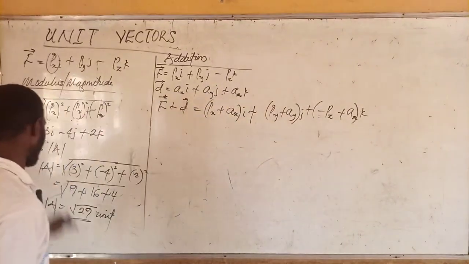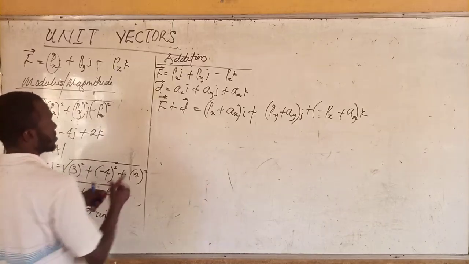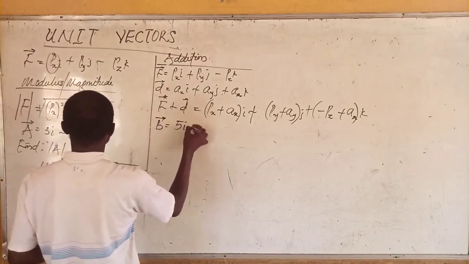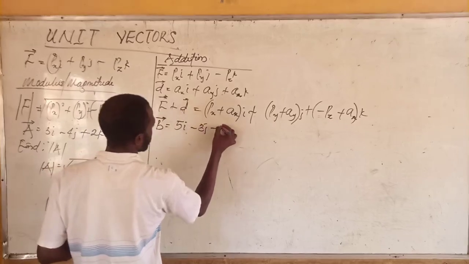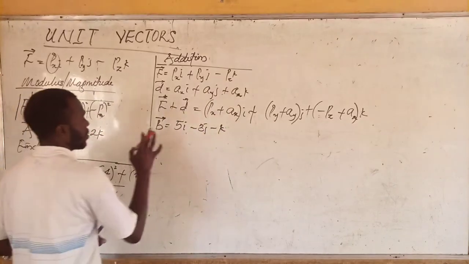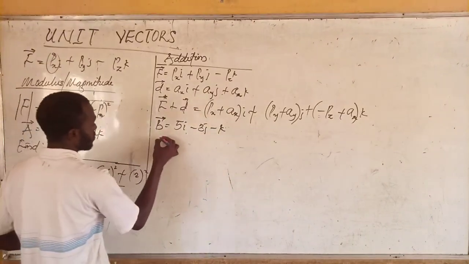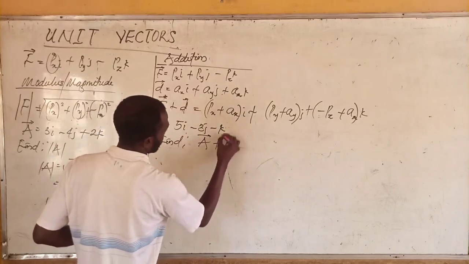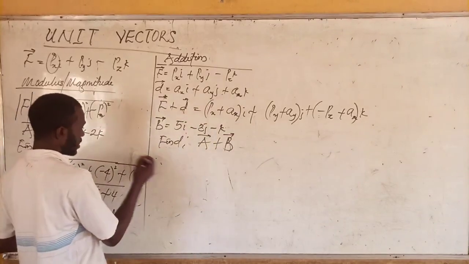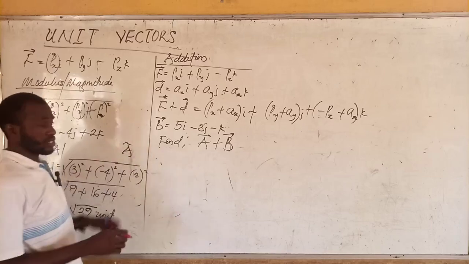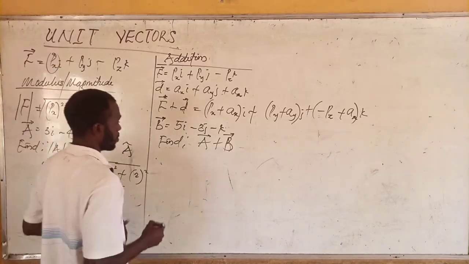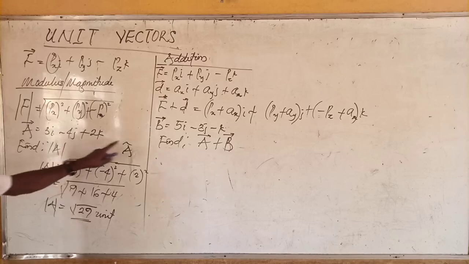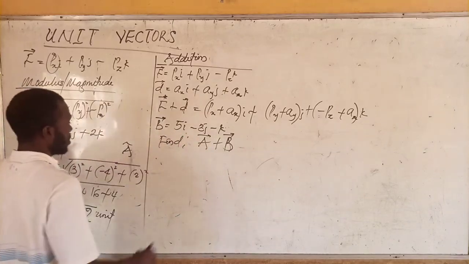Do you understand? So for example, if my vector A was given as this, so another example, and vector B is given as 5i minus 3j minus k. Now the question says find vector A plus vector B. All right. Now you can see the vectors written as a cap also. All right. So how do you add this? Since A is 3i minus 4j plus 2k, and B is 5i minus 3j minus k, you simply say